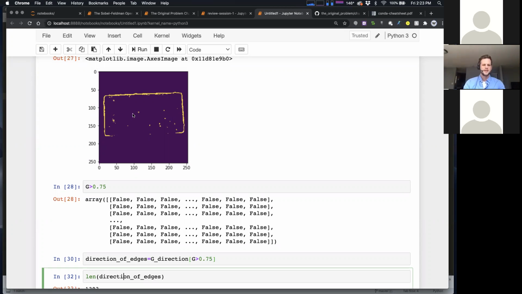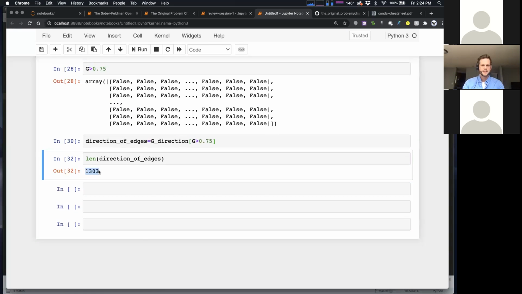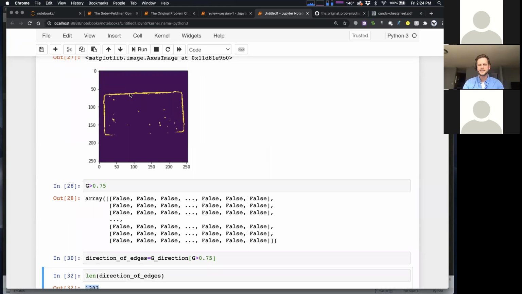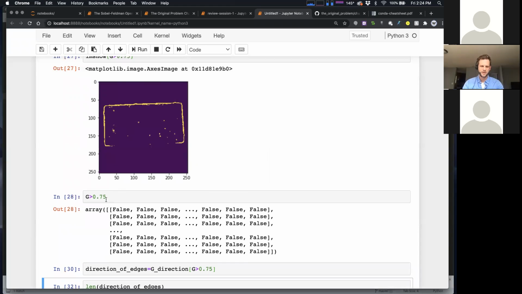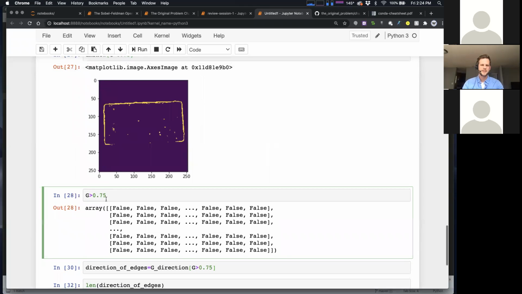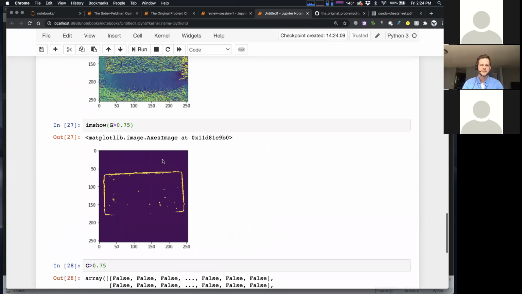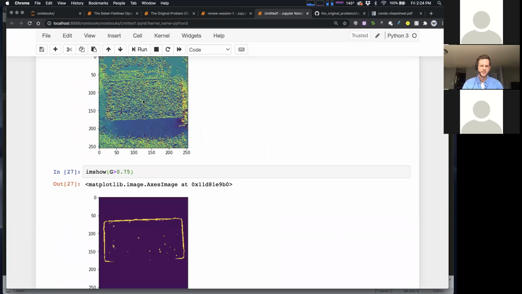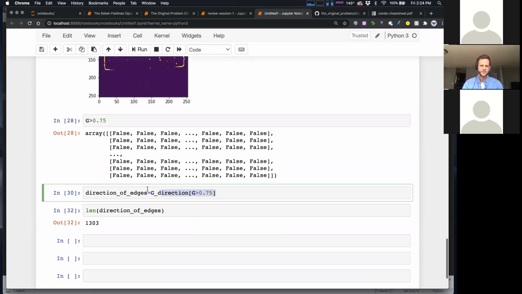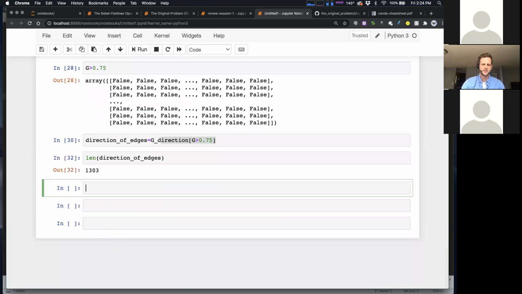Good deal. So there are 1,300 points in this image that have a high pixel intensity value, a value greater than 0.75. And I'm grabbing all of those points from this edge image with this line of code. So I'm getting the direction of all the edges. Because here's what I really want to show you. Ready? I want you to start thinking about the data a little bit.